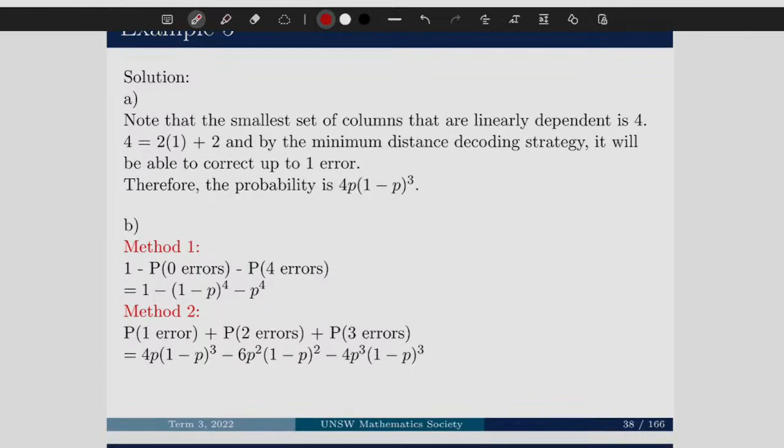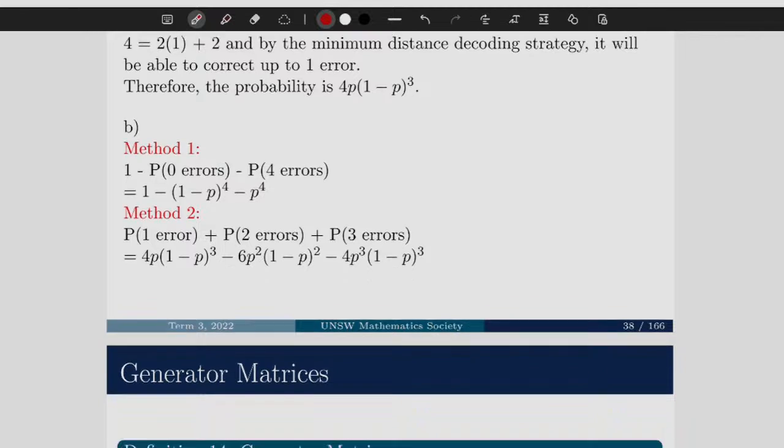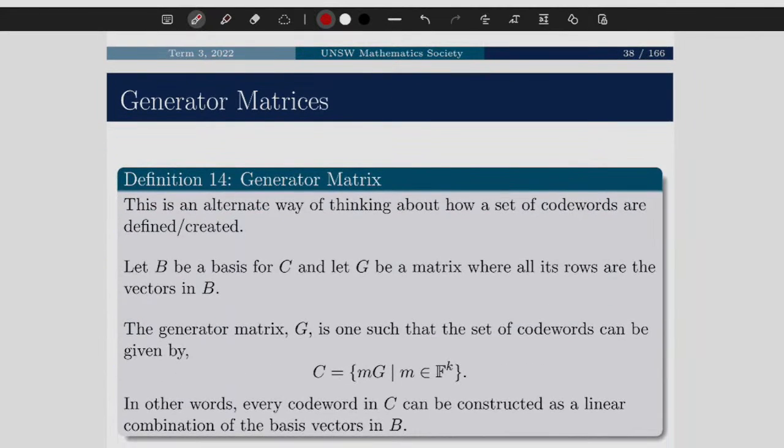Okay. Moving on to generator matrices. So before, we were talking about parity check matrices, and it was just a way for us to display code words through a matrix, right? And in that parity check matrix, just a reminder that it was based around this definition: any valid message, when multiplied with the parity check matrix, would give us the 0 vector. That was the definition for the parity check matrix.